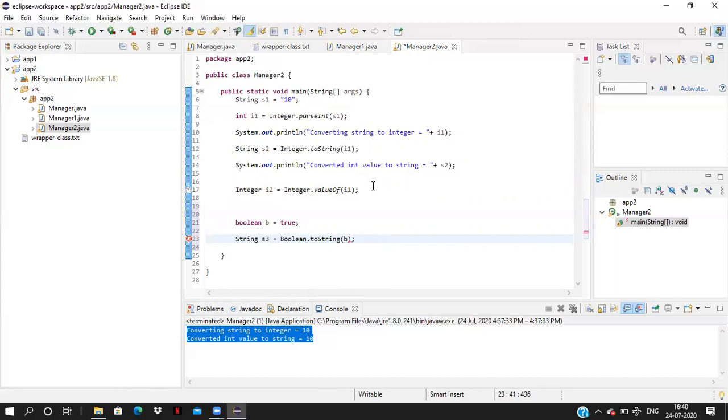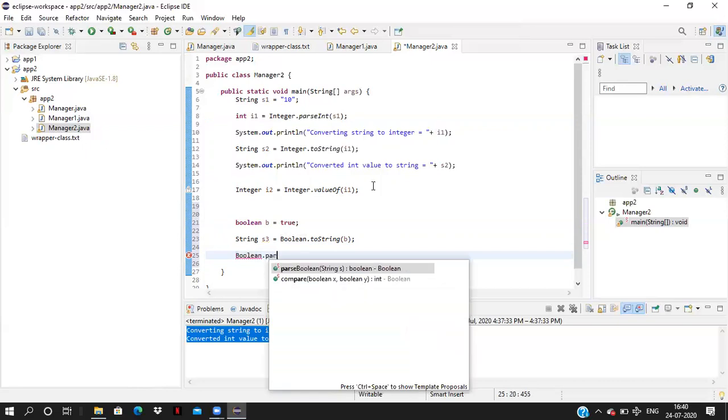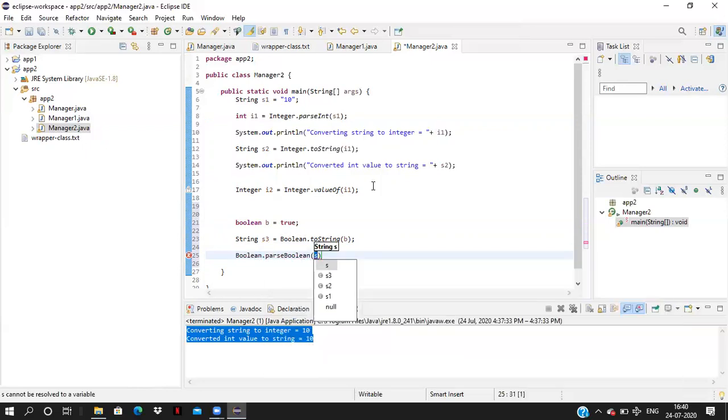It is converting the Boolean primitive type to the string type. Now I want to convert the string s3 to the Boolean. How to convert? In the Boolean class, we have Boolean dot parseBoolean of string. If you give s3, you're parsing the s3 value and storing it into the Boolean primitive type.